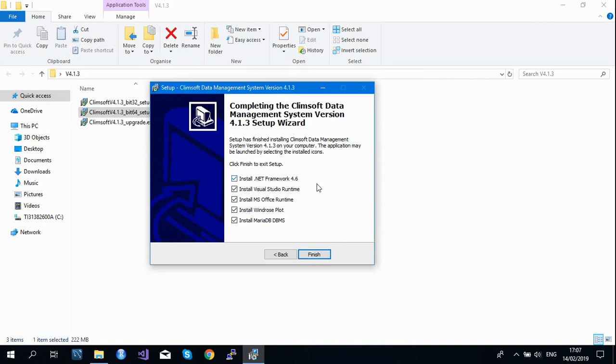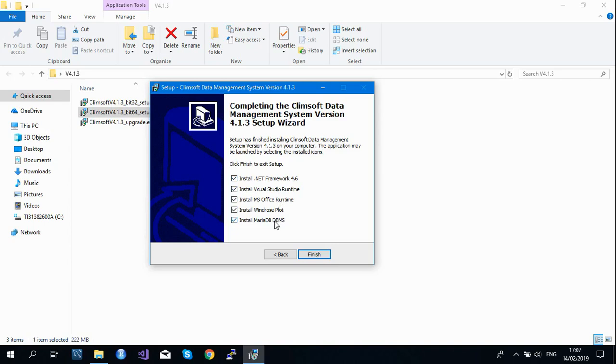So the system has installed CleanSoft. Now it is going to add these applications which help CleanSoft to run better. These applications are .NET Framework, Visual Studio Runtime, Microsoft Office Runtime, Windows Plot, and the Database Management System.